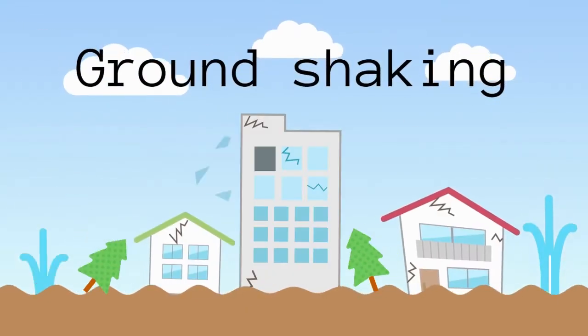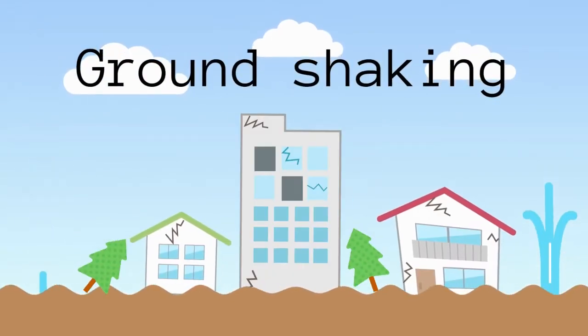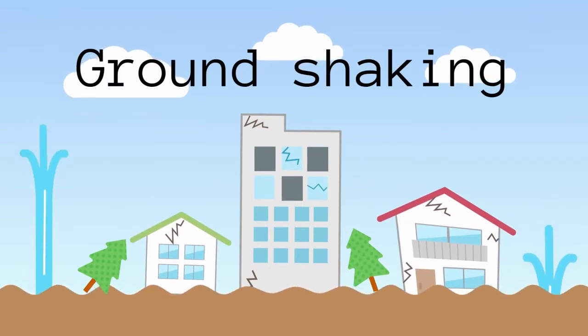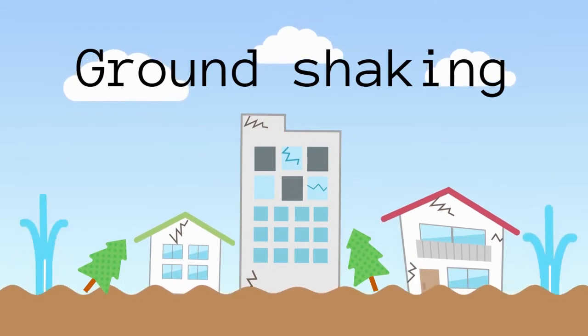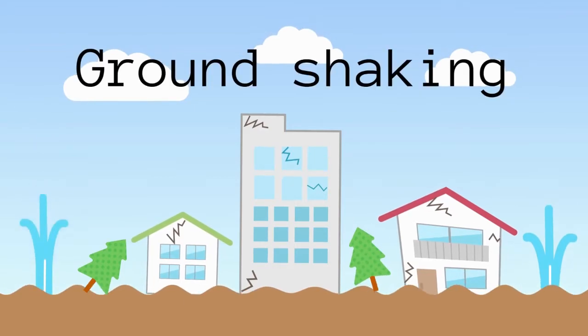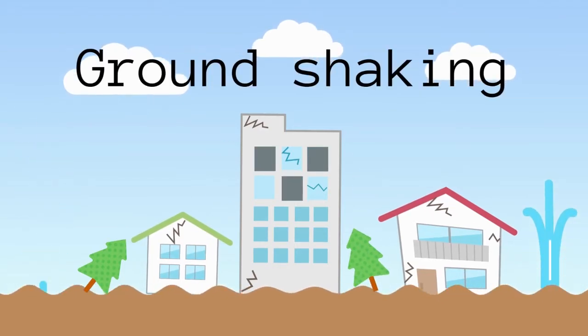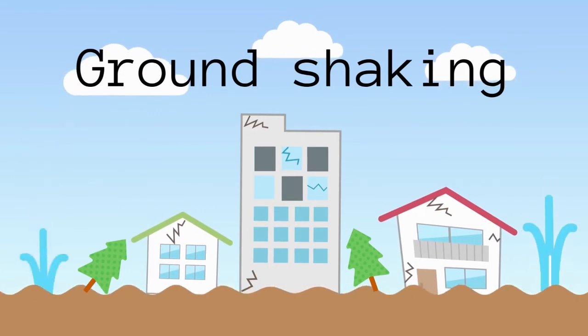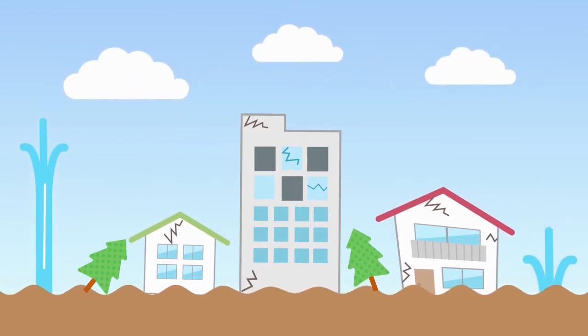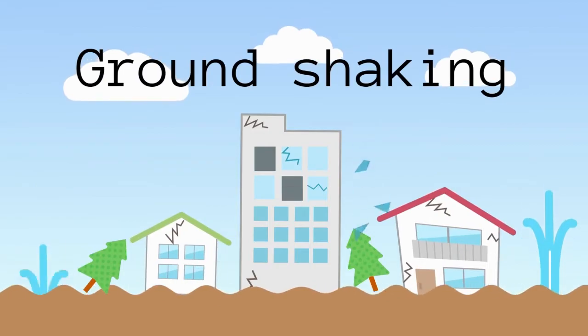Ground shaking is the most common effect of earthquakes. It is caused by seismic waves passing through the ground, and it can be relatively soft in a small earthquake to extremely powerful in a large earthquake. Strong ground shaking in an earthquake can cause buildings to be damaged or destroyed, people and animals to have difficulty standing or moving about, and objects to be flung around.